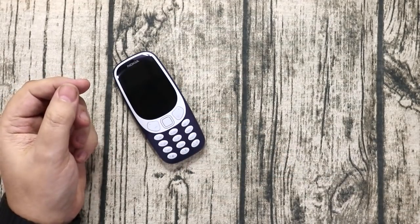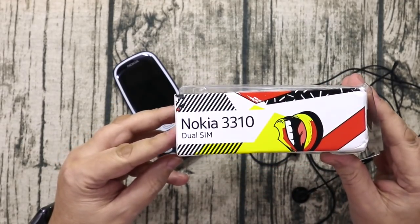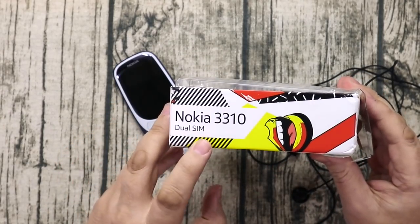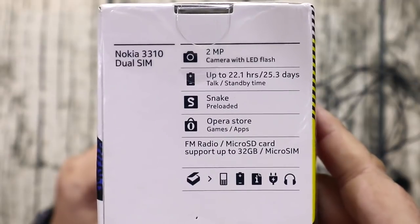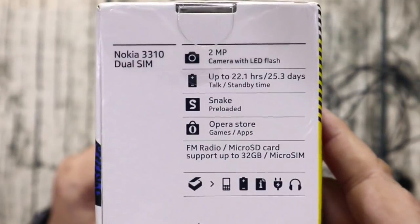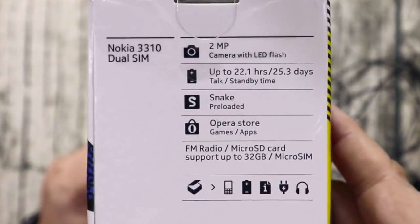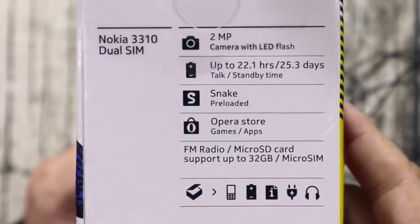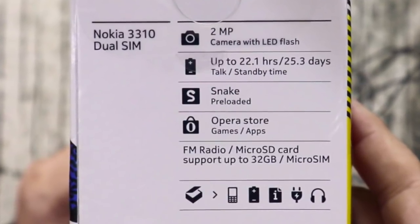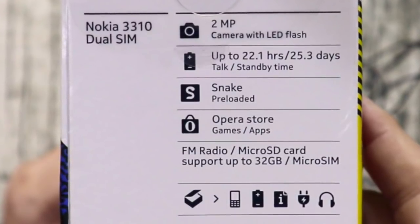Right, so overall, first impressions are good. This is the box that the dual SIM comes with. As you can see, it looks like the original box from last year, but this one of course is dual SIM. So the details are 2 megapixel camera with flash, 22.1 hours talk time and 25.3 days standby time. A little bit less, the original was 31 days but it didn't have dual SIM. Snake game preloaded, Opera Store, FM radio, micro SD card,